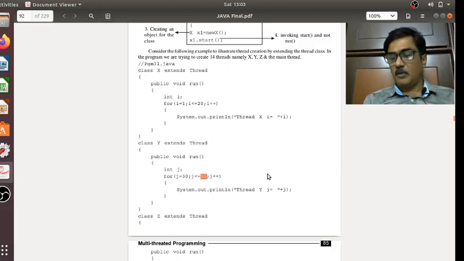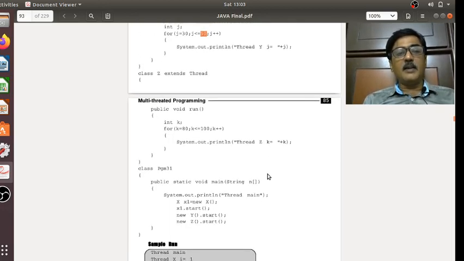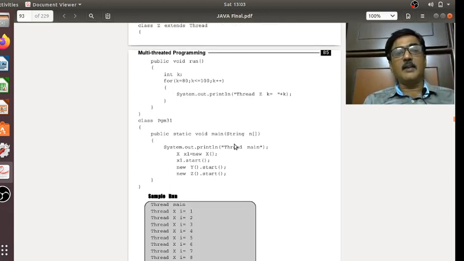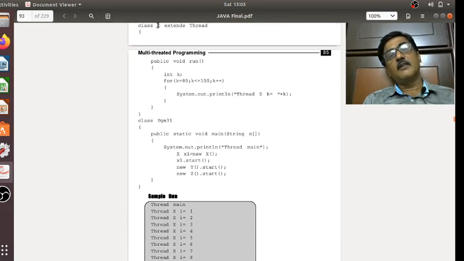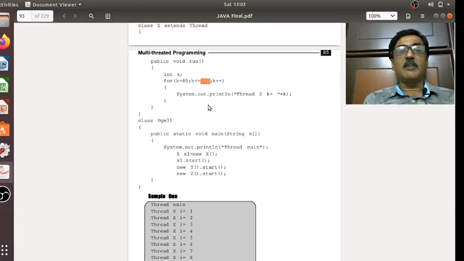Here I define another class called Z, which is also extending the Thread class. There is a run method. There is a variable called K, which is displaying values between 80 to 100. So basically I have created three threads with the names X, Y and Z, each having a for loop that prints values in different ranges.